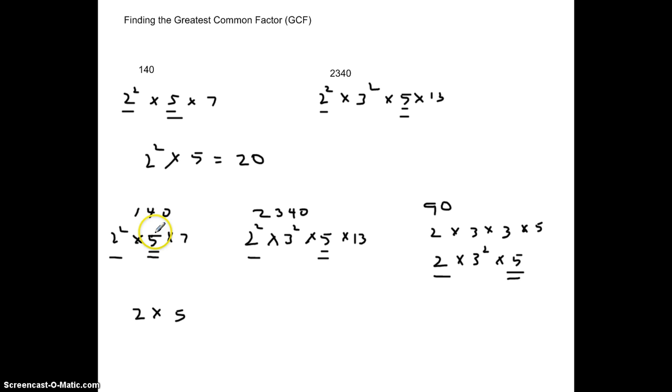So the greatest common factor for 140, 2,340, and 90 would be 2 times 5, which is 10. Meaning that 10 is the largest or greatest number that will divide into 140, 2,340,